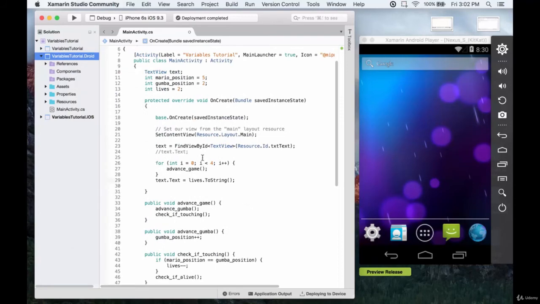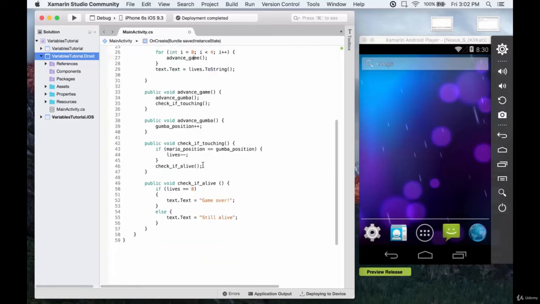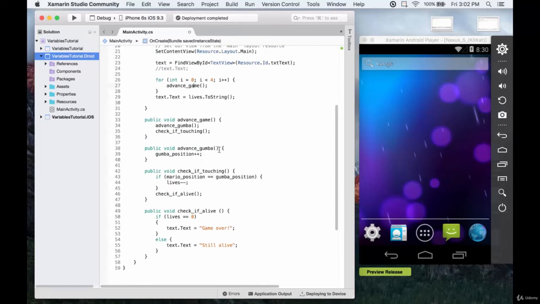Okay, so Goomba's at position 2 and we're at position 5, and we have 2 lives. This for loop is calling advanced game, which is calling all of these things, and we're doing it 4 times. So the Goomba will, at the end of it, have moved forwards 4 times, will have performed this check